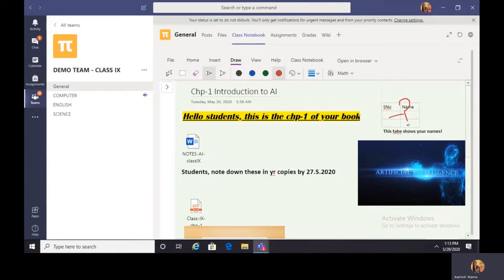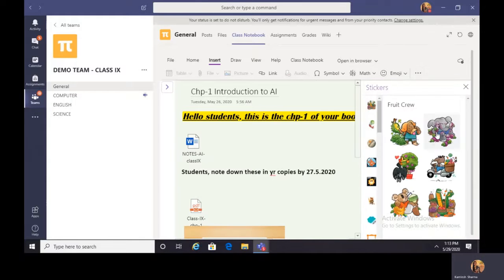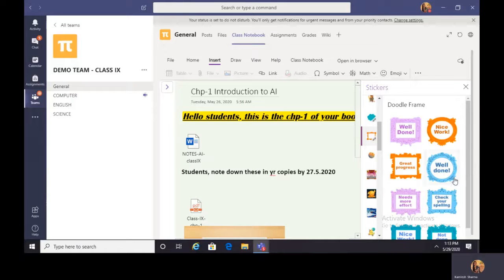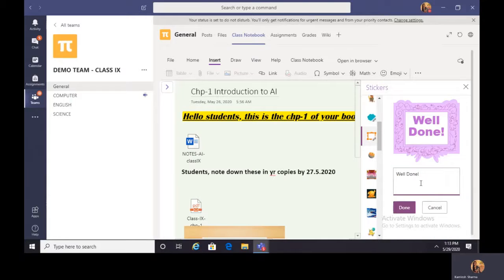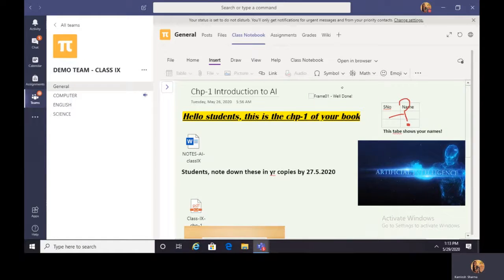Okay, and then instead of writing myself here in complete work, I can go to insert and click on the three ellipses, go to sticker and find the sticker which says incomplete work, need more effort, whatever. There are so many things. I can select this one and I can change it to incomplete work. So you have an ample amount of choices in this class notebook, as you have already seen.